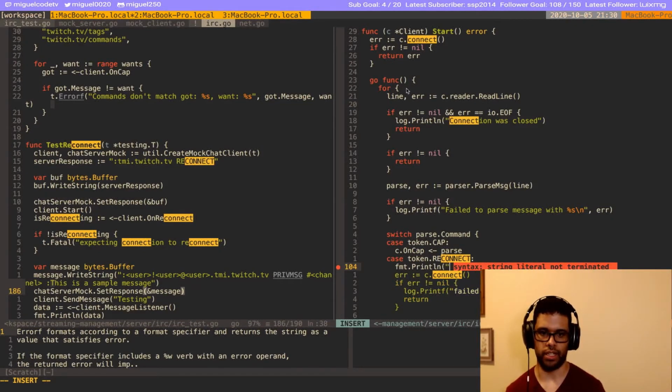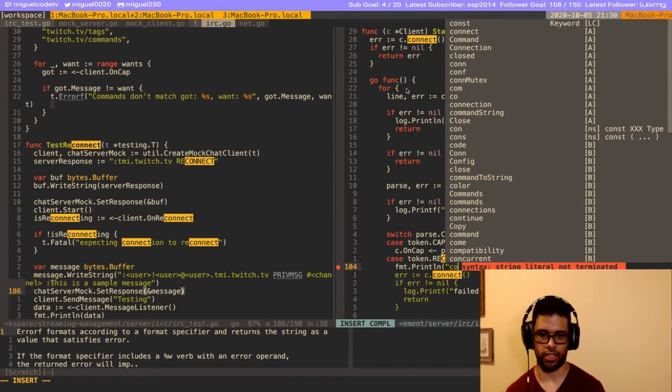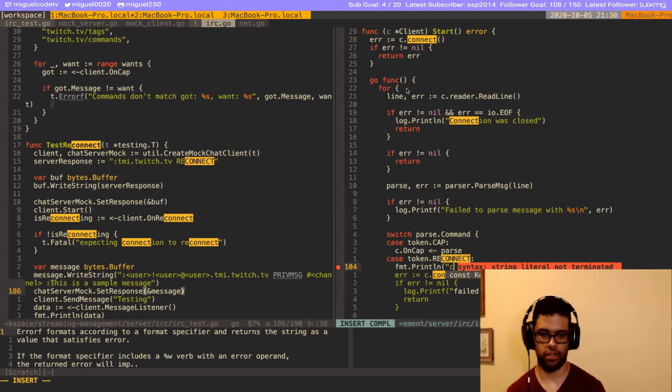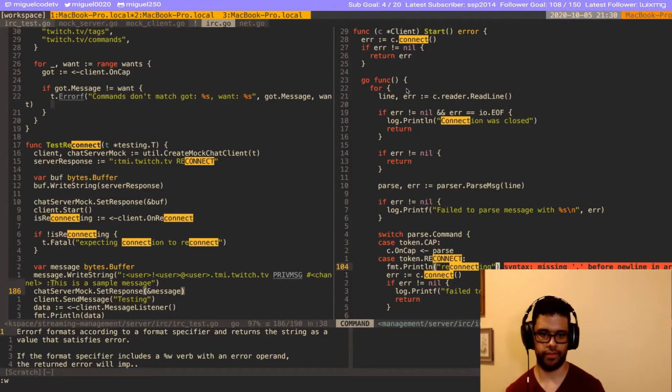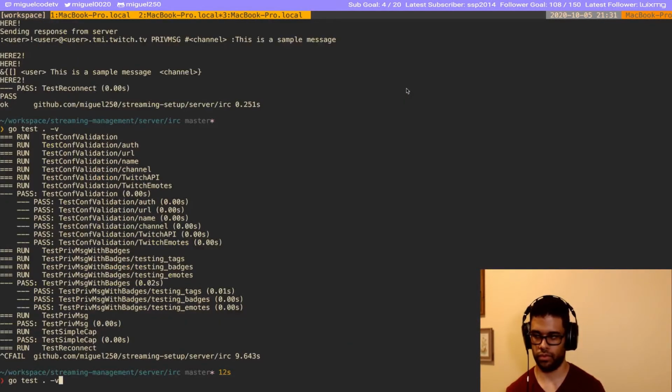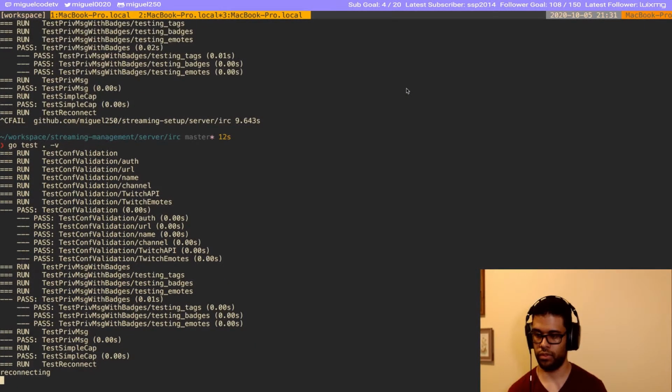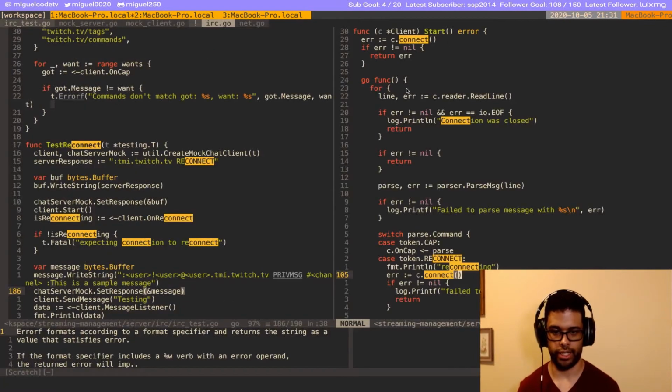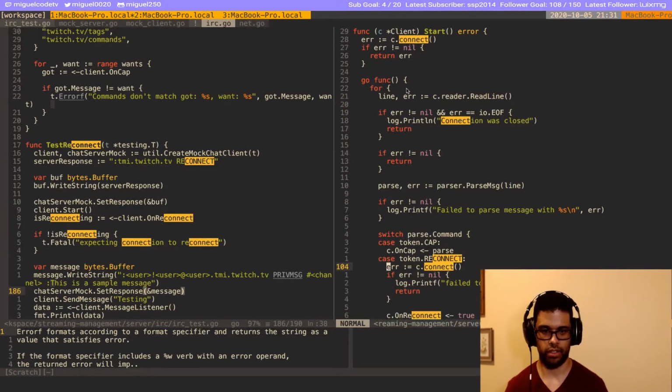So we might have a race condition when two locks are being taken at the same time. So reconnecting. Okay, so it's reconnecting. Great.